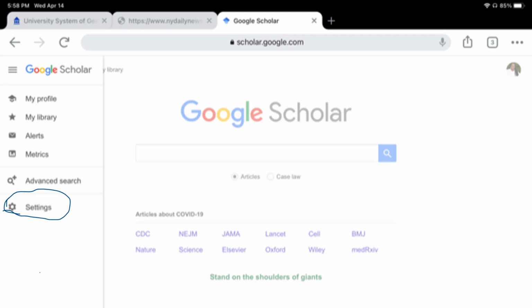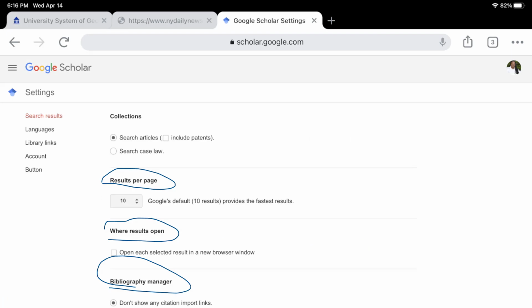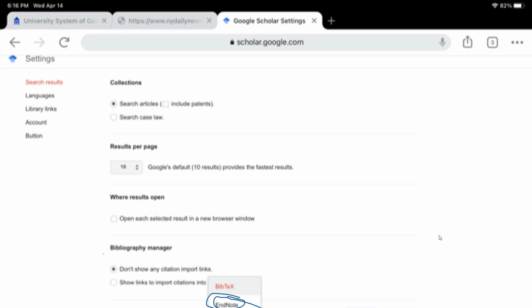When you select the settings, you can now change the number of results on the page and where the results open. Scroll down to the bottom, and if you are using a citation manager such as EndNote, which will format your